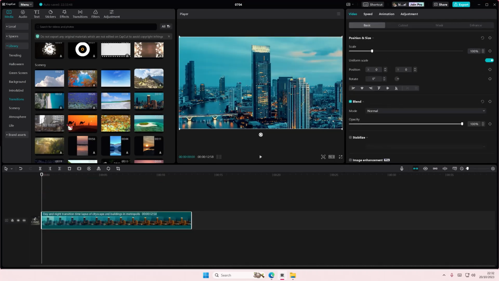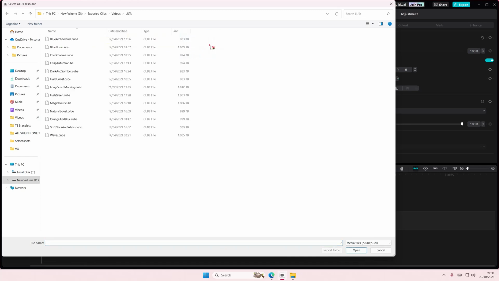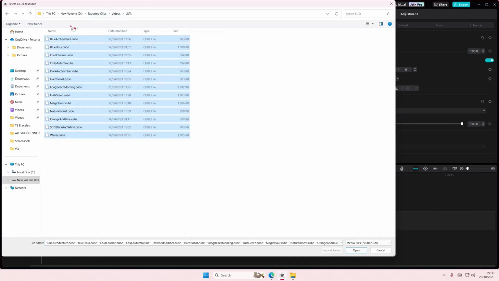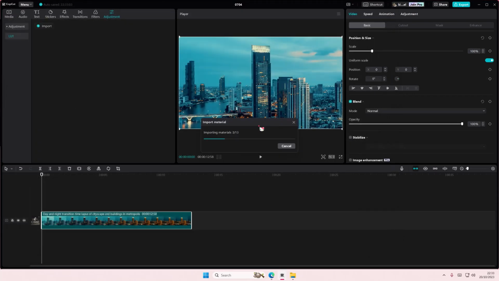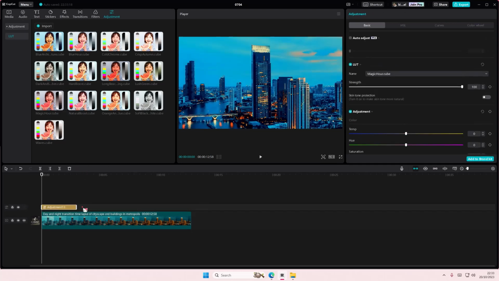And to import the LUT, you are going to select adjustments, go to LUT and select import, select the file. This is a cube file, you can select more than one, select enter, and it's going to import the LUT for you. And to add the LUT, you can just simply select it and add it to the timeline to